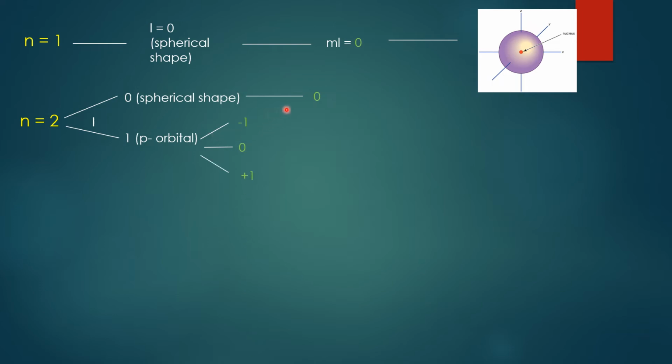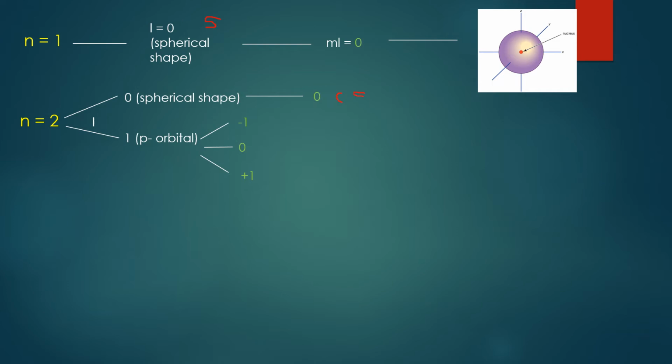When I'm looking at the first shell, how many sublevels are there? The first shell has one sublevel. How many orbitals are in this sublevel? One orbital. Okay. We have L is equal to 0. That orbital is called an s orbital. So we have an s orbital in the first shell, and you can see L is equal to 0 in the second shell as well. So we have L is equal to 0, so that is an s orbital as well.